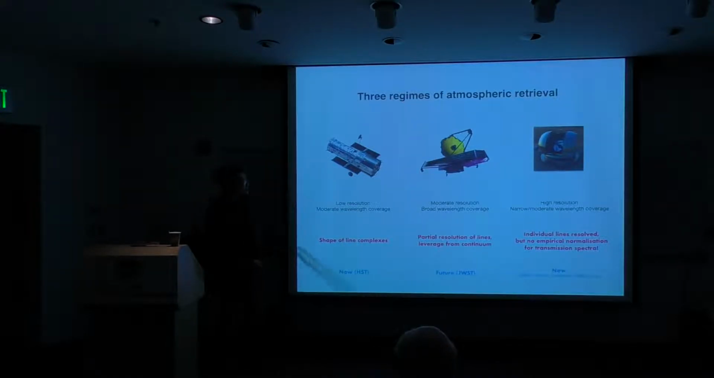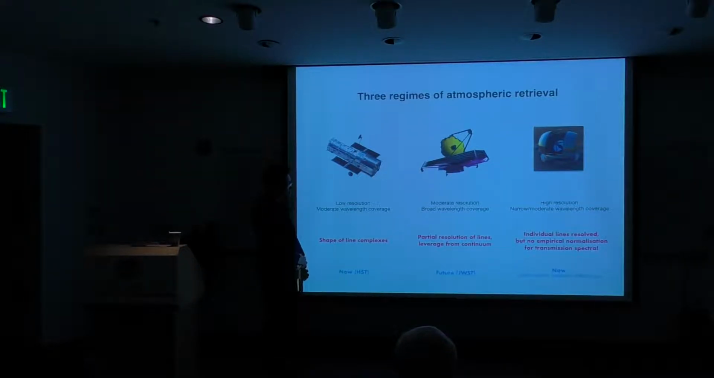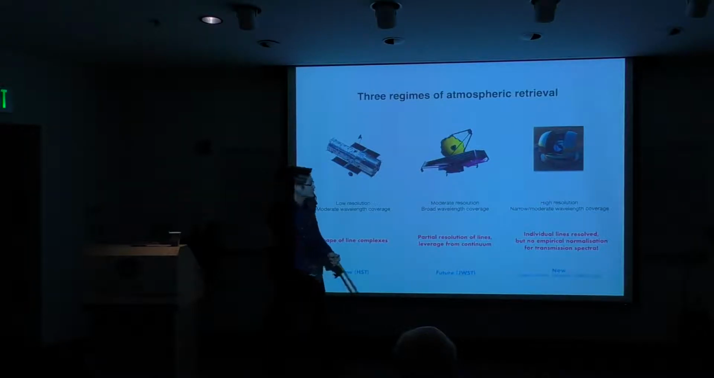For James Webb, whenever it flies, you don't quite resolve the lines as well. You get better resolution on the shapes of complexes, but you get a lot of leverage from the spectral continuum because of the very broad wavelength coverage. But one very interesting range, which I talked about this morning, and I will show you a little bit later,